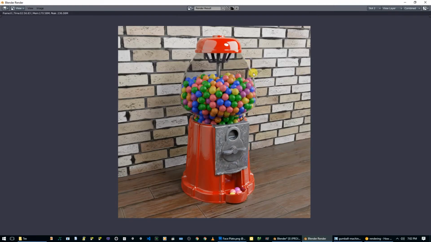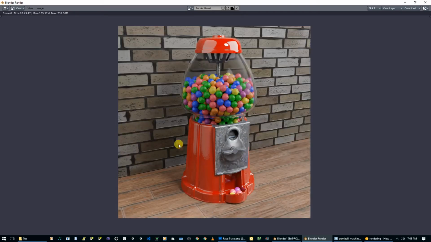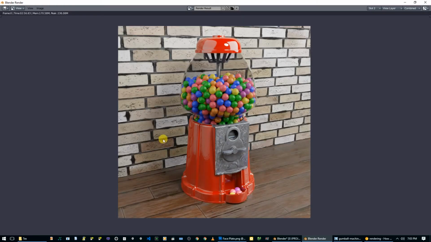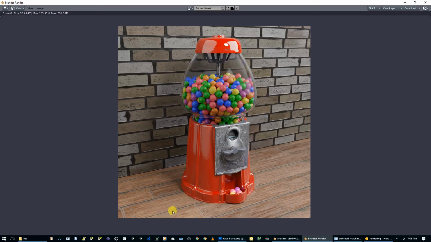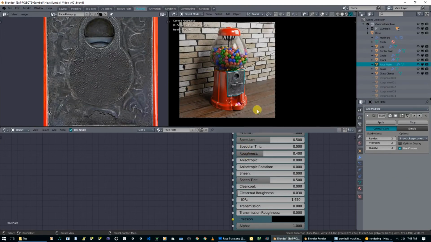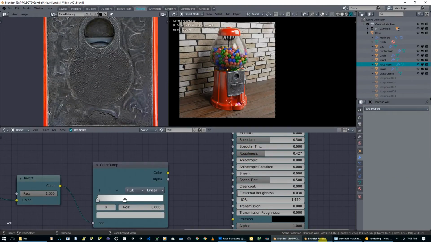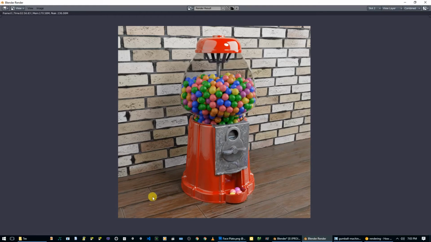I changed the index of refraction, so now it looks a little bit thinner, but it almost looks completely transparent in front. You're not getting any reflections. So that was wrong. I also decided to make this back wall a bit brighter, so I brought that up. I made the floor a bit darker, and also I didn't like how these cracks were kind of too light, so I played with the roughness settings for the floor until I got something I was happy with. And so I made the floor darker, I made those cracks a little bit darker, brought up the wall value,